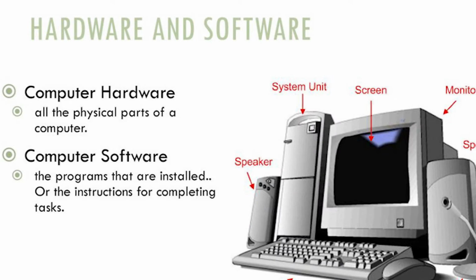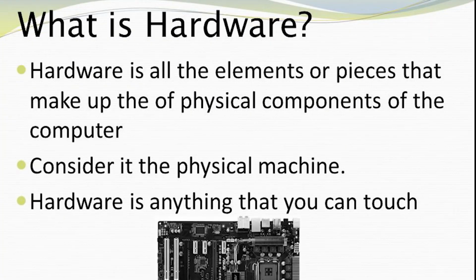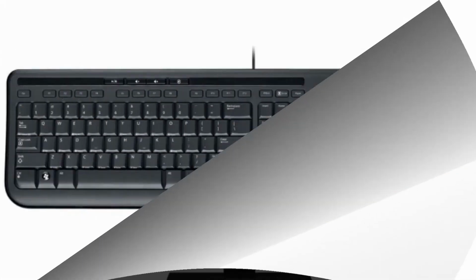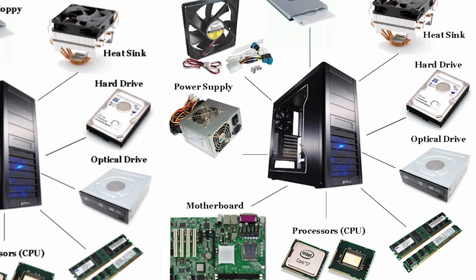Yes, the computer system consists of two components, which is our hardware and software. The parts of the computer that we can touch are called hardware. For example, monitor, keyboard, mouse, and so on are the hardware of the computer. And also, there are some hardware such as hard disk drive, RAM, microprocessor, and motherboard inside the CPU box, which we cannot see from outside.